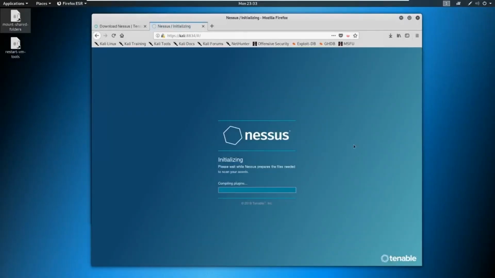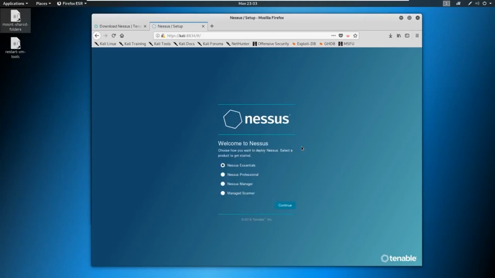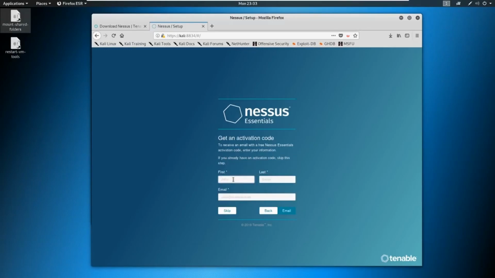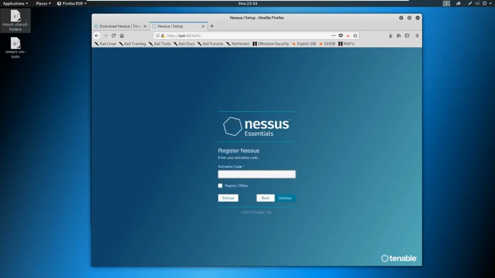And here is Nessus. Now this is going to compile plugins here. So this is going to take some time. Go ahead and let this finish. And when it does, go ahead and say we're going to install Nessus Essentials. Okay, and then you're going to provide it with your name, and you need a valid email for an activation code. All right. Once your activation code has arrived via email, go ahead and just copy paste and then hit